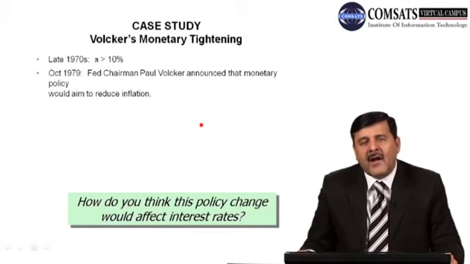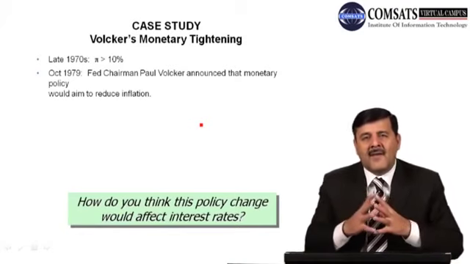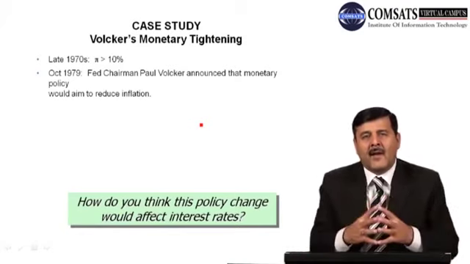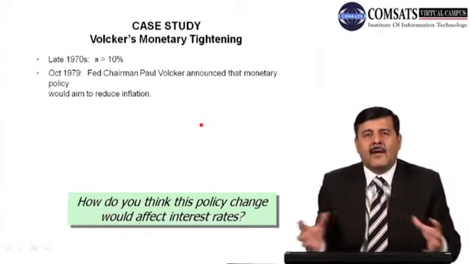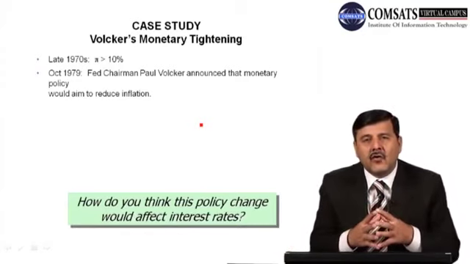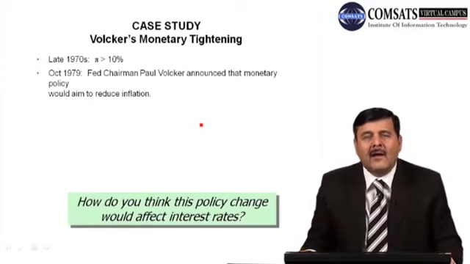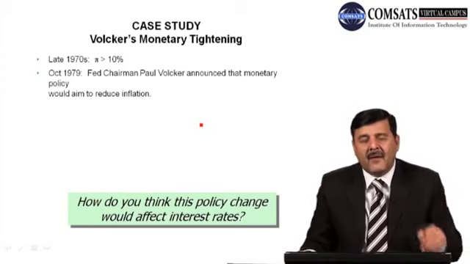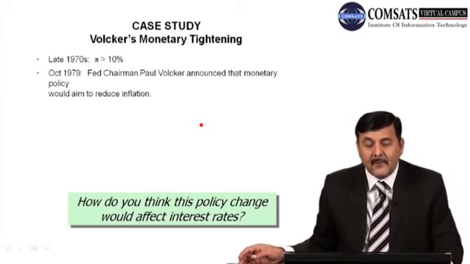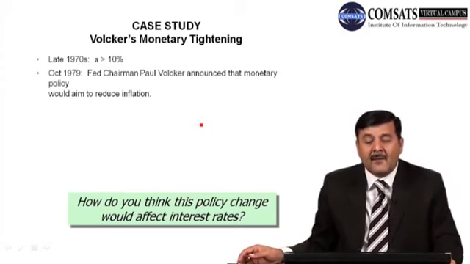And as we know, through the quantity theory of money, we learned that the money supply and inflation have a direct relationship, right? So if the Fed wants to control inflation in the country and the economy, they have to reduce the money supply, right? Now, Fed chairman Paul Volcker